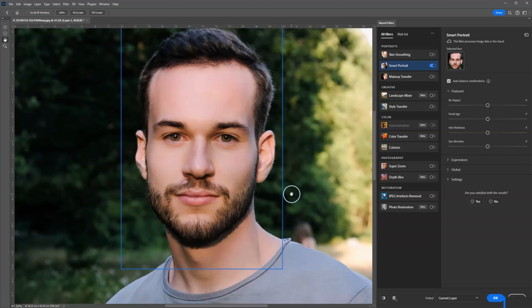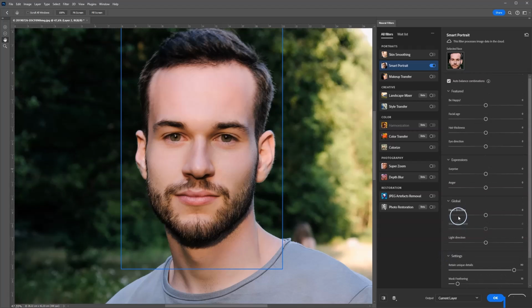blue rectangle. And now you see different options here on the right side. We have featured, then we have expressions, global, and settings, and you can just play around here. Be happy is actually changing the whole mimic of the face. It's not only about the mouth, it's actually also, when you laugh, you're not only laughing with the mouth, you also laugh with the eyes and something. So it tries to solve that problem